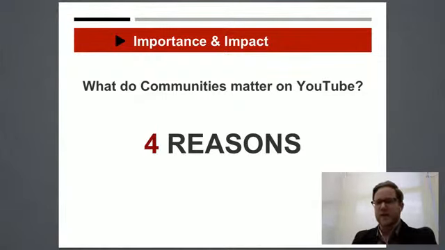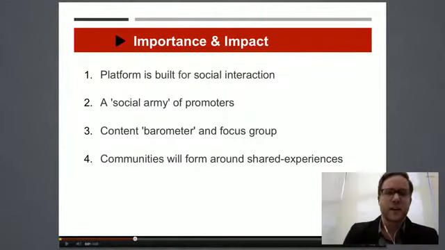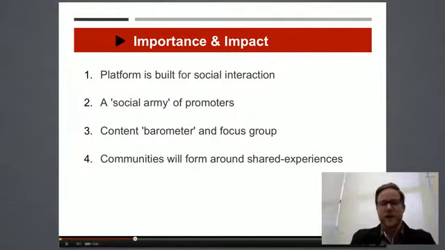And then there are lots of things the viewers can do to interact in addition to watching. They can comment, share, and show their appreciation of the video by liking it and providing feedback through a couple of means. So why do they matter? There are four big reasons why communities are important and should be thought about through every phase of a YouTube